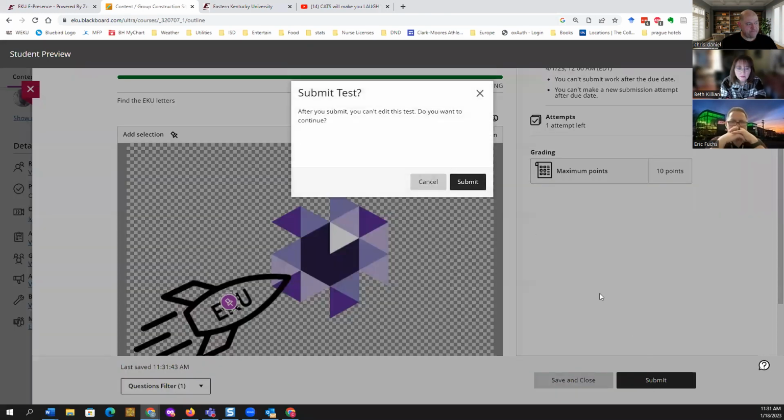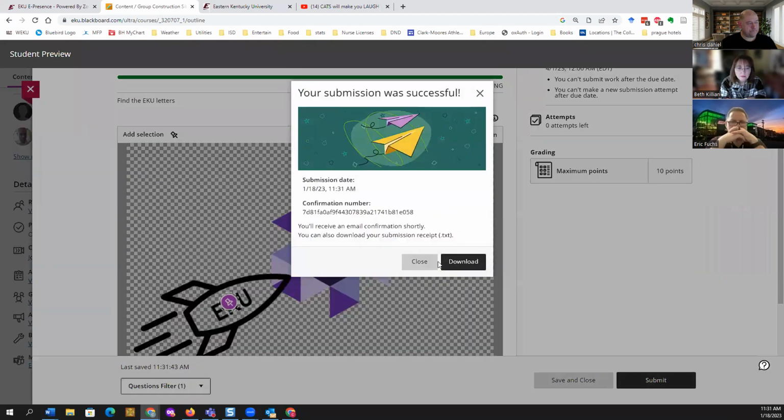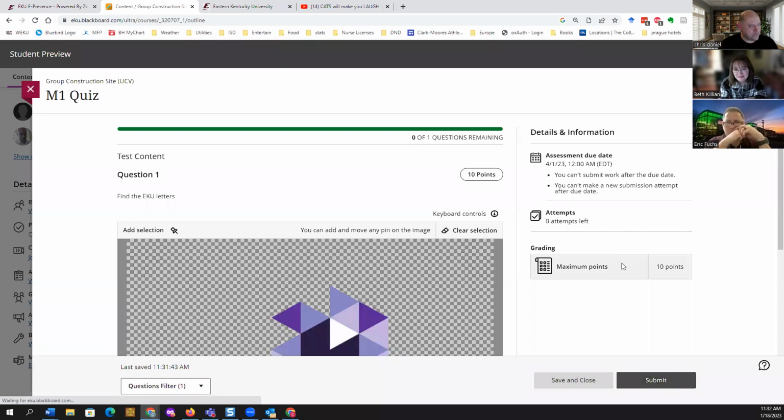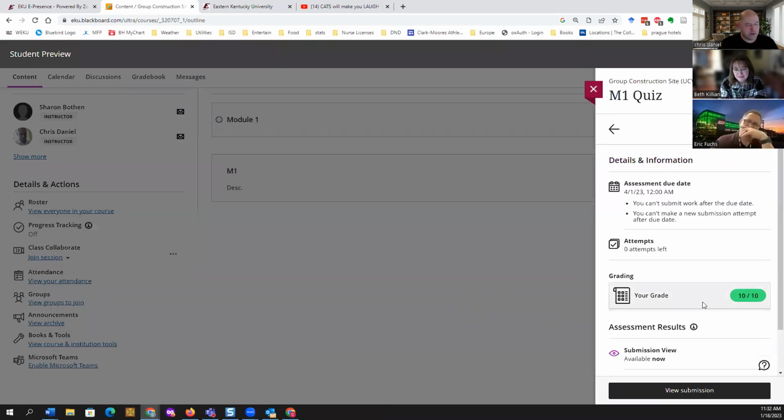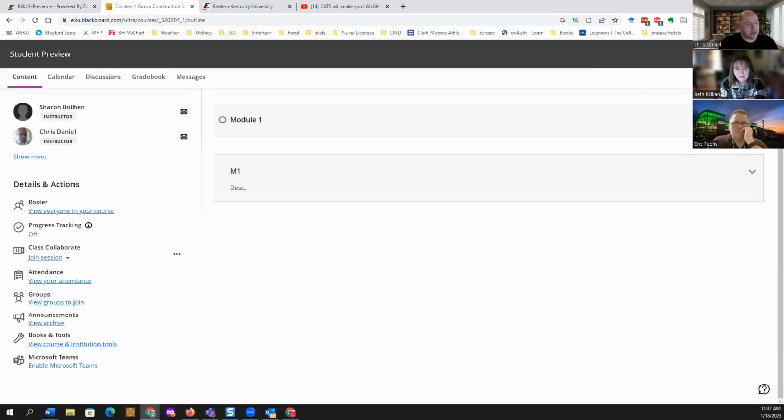Then I hit submit. Students get confirmations. I don't really know what this does for you, but for them, it makes them feel like, yeah, Blackboard successfully received your test submission. You can download or close it. Notice it already graded it and I got a 10 out of 10 as a student. I'm going to exit and save.